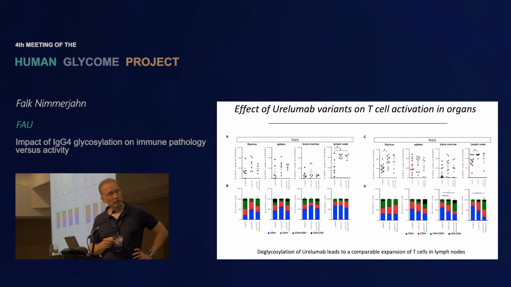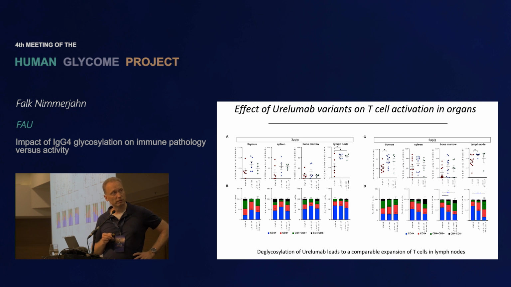Now, what about the organs? This is really another very good advantage of this model system. We are not limited to the blood, but we can actually look in organs. We can look in the thymus, in the spleen, in the bone marrow, in the lymph nodes. And what we see is that this antibody largely acts in the lymph nodes. I showed you this lymph node before, massive expansion of T cells. We can see that